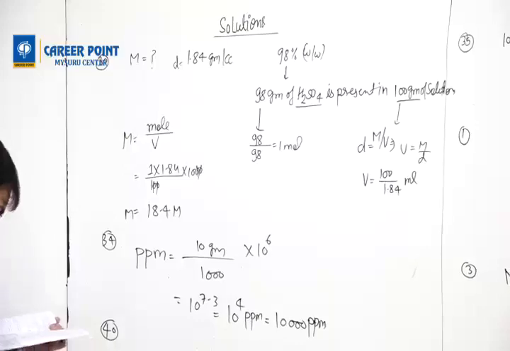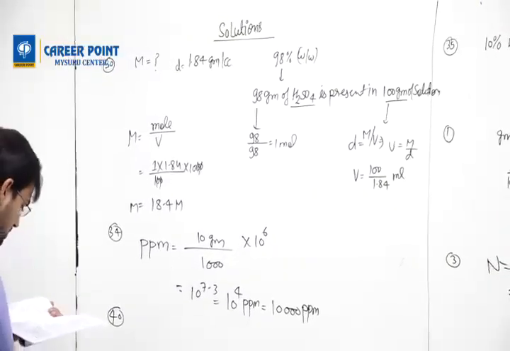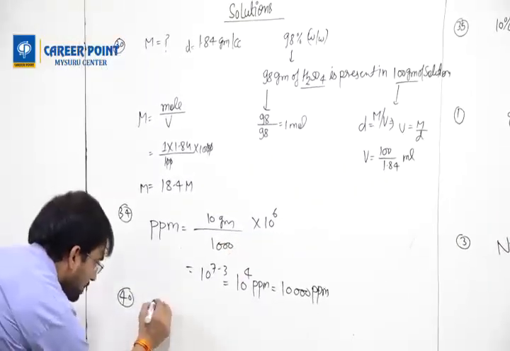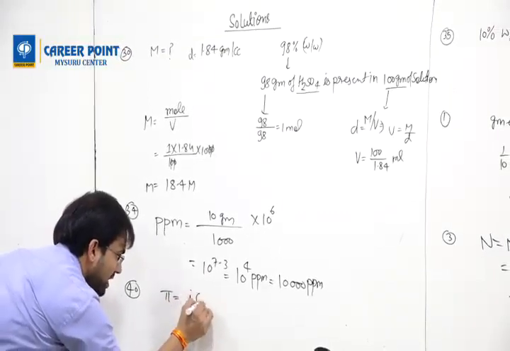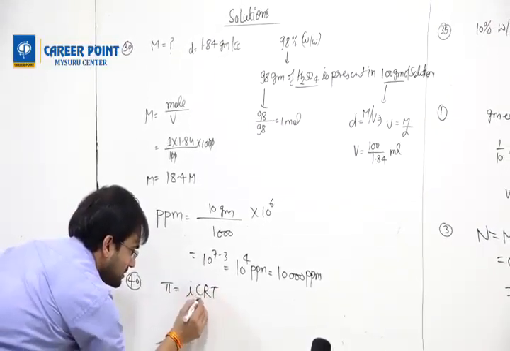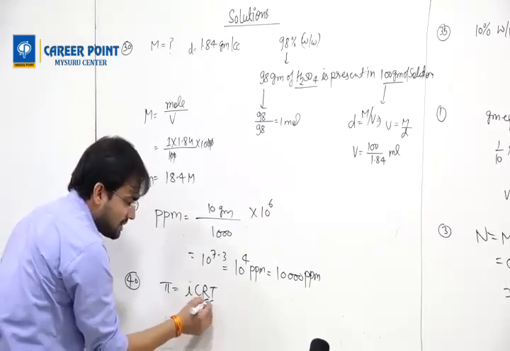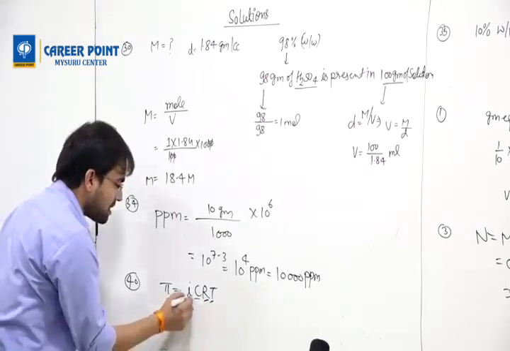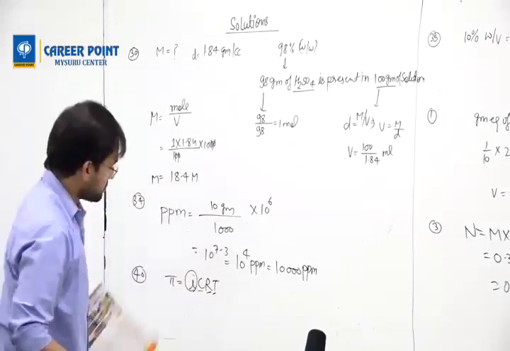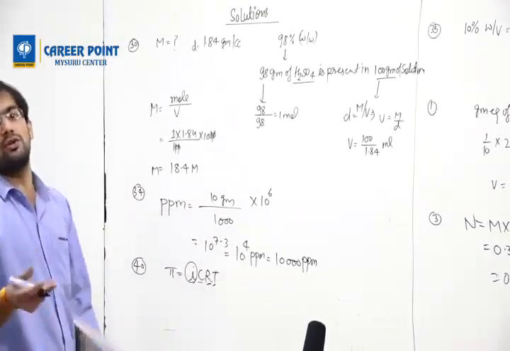Okay. So osmotic pressure of equimolar solution of urea, BaCl2 and AlCl3. So osmotic pressure, I told you formula pi equals to iCRT. C is same because they are saying equimolar concentration. R same, T same, everything same. It all depends on i. Whoever is having more i, it has more osmotic pressure.